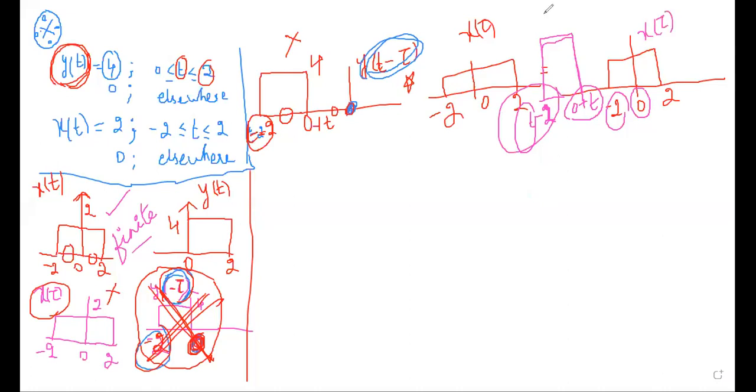X of tau, this is y of t minus tau. So when you perform the convolution, you do not get any common time interval. You will not get common time interval. And when you convolve like this, will you get any output? Do you have any common timings? No, ma'am. So can I write my output y of t is equal to 0 here now?